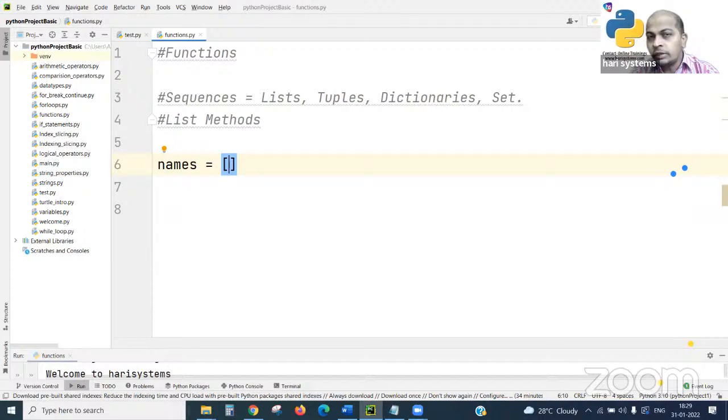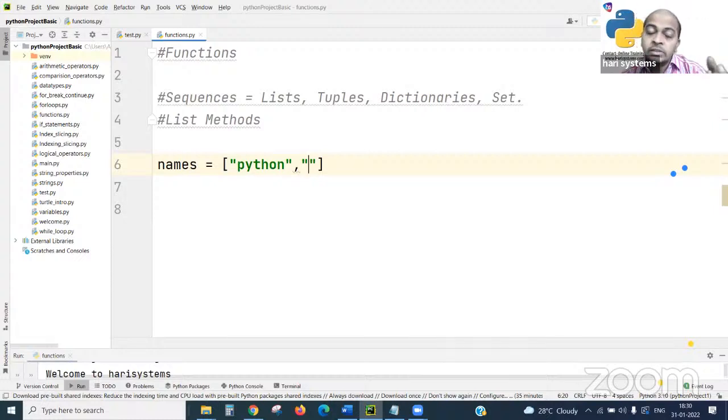I am telling you now, a list is followed by square brackets. If we have written something inside square brackets, we can say straight away that it's a list. That's it. You need to make sure to prepare such statements. Okay, Python list items I'm preparing. So many strings we are going to assign to this names variable.